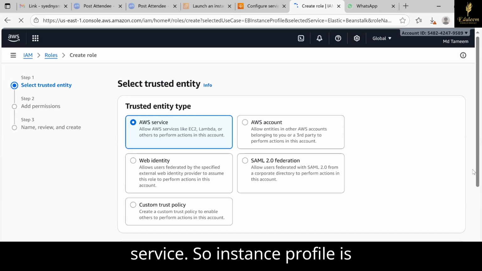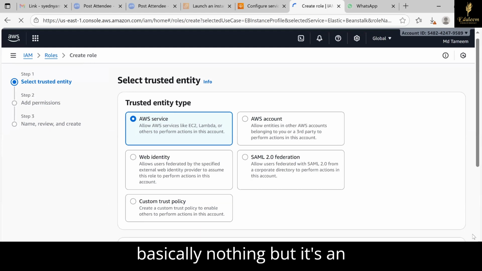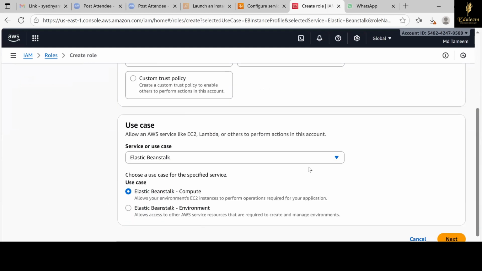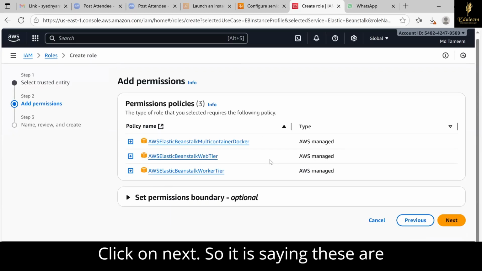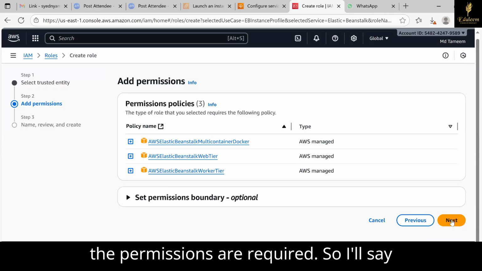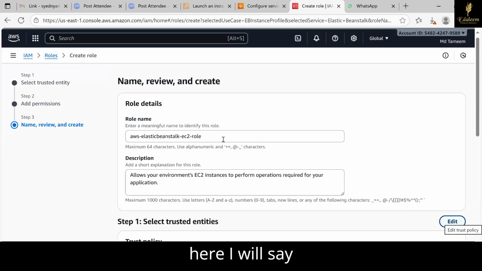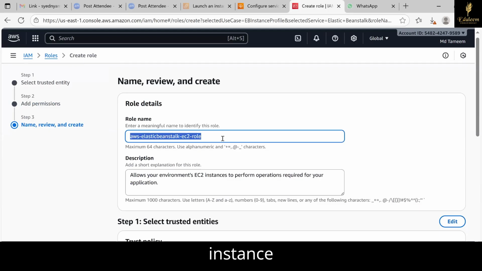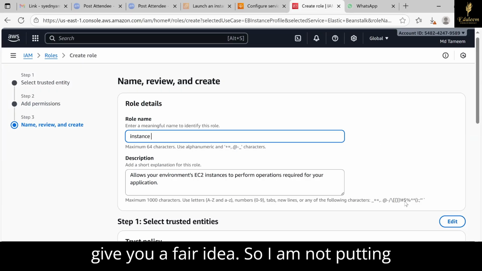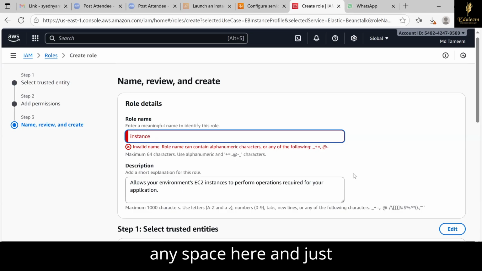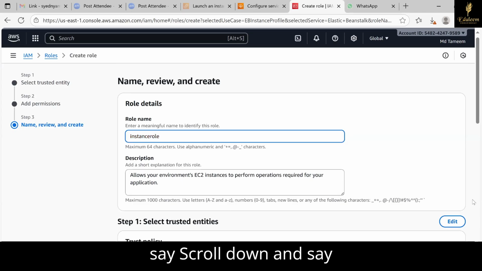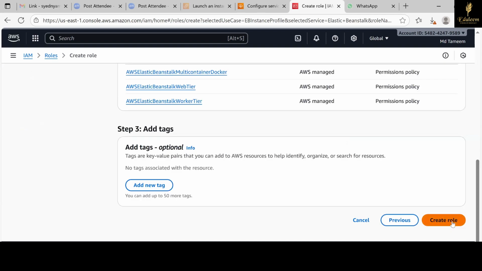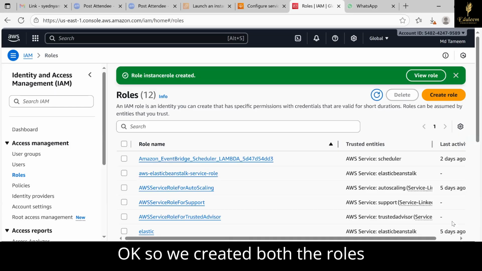AWS service. So instance profile is basically nothing but an Elastic Beanstalk compute role. Go next. So it is saying these permissions are required. So I'll say next. And here I will say instance role, just to give you a fair idea. So I'm not putting any space here, and just scroll down and say create role. Okay, so we created both the roles,